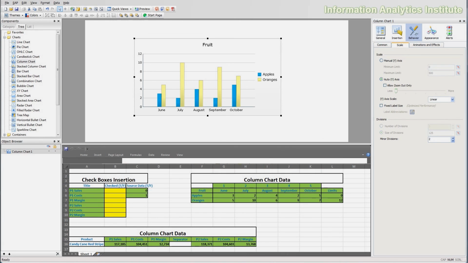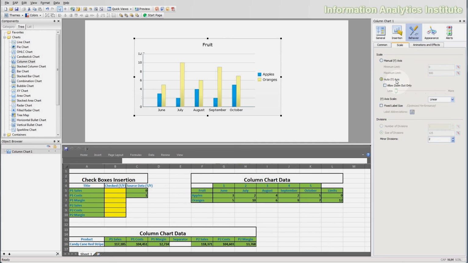Now the next setting is scale. You have the options of manual or automatic y-axis scale. Now again, in this chart the x-axis cannot grow unless you change the series. The y-axis can grow and can be changed. This range can be changed in order to accommodate all the values that it has to display. So here you have automatic